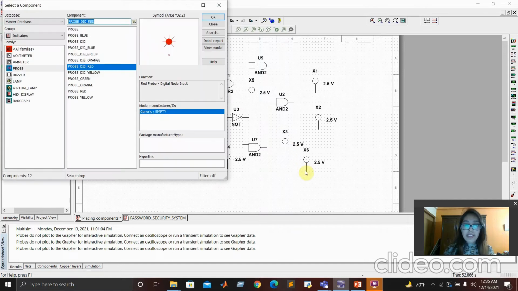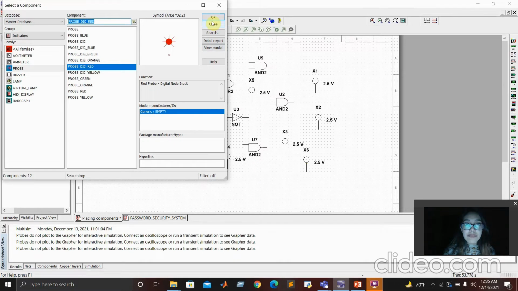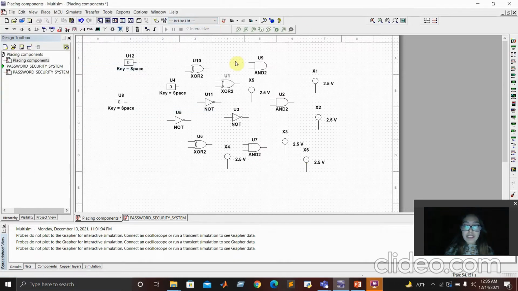So we are going to place all the components like this and place them over.